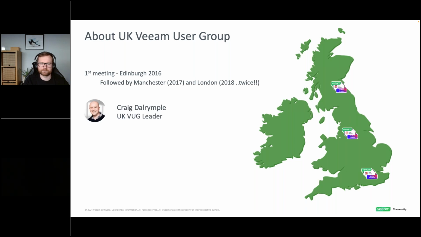So, introduce myself. My name is Craig Dalrymple. I was one of the original UK Veeam User Group leaders back in 2016. Like I say, we established it trying to emulate the VMware user group, etc. And back then we had 3 leaders. There was myself, we had Nick Farnell, who now works for Veeam, and we had James Kilby, who now works for VMware. Fast forward to 2017, and we recognised we needed a bit extra help, an extra pair of hands. So we brought on Ian Sanderson as an additional UK Veeam user group leader. 2018, we had our 2 events, and then we kind of fell by the wayside a little bit. And then there was just a little thing that got in the way of, you know, this global pandemic, COVID, that was in between there and then.